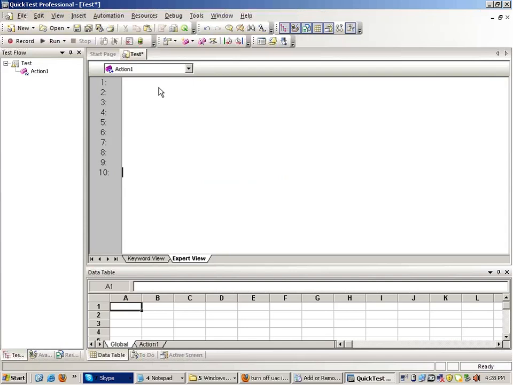Putting it in very simple words, when you record, things go inside the memory of QTP, and when you run the script, things are compared and recognized with the help of that memory.